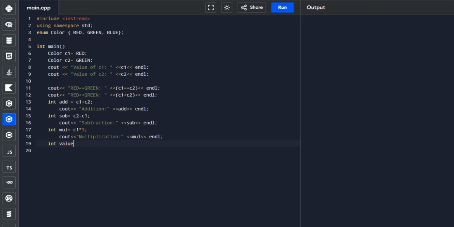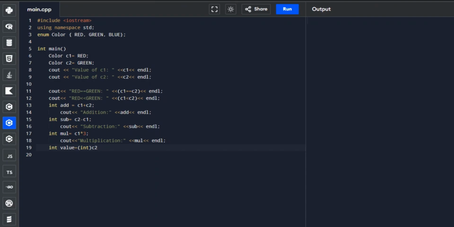We say that C2 is an integer, and then we put the C2 value into the variable named value, ending with a semicolon.